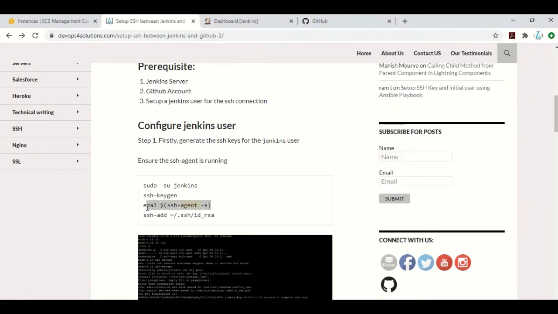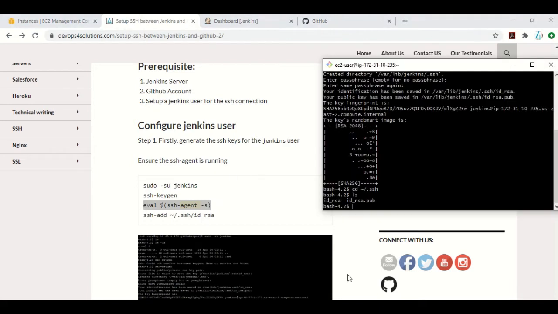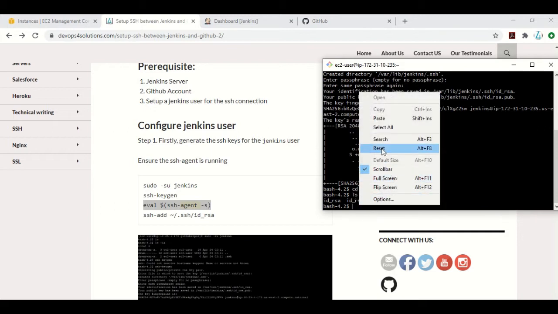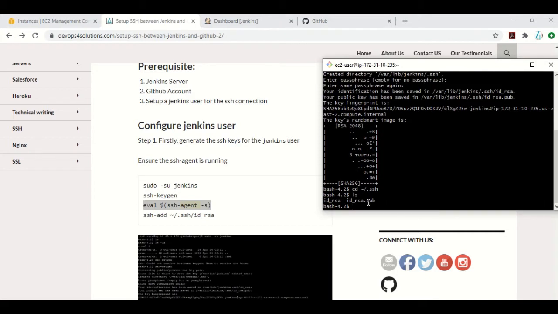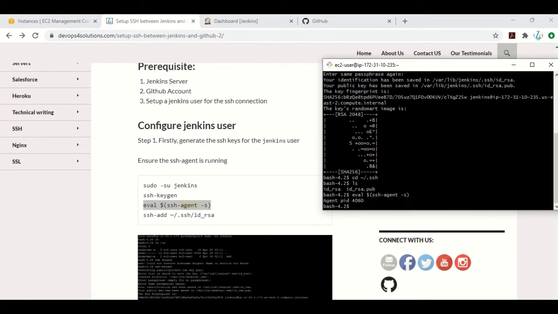Second thing, you have to do the SSH agent. You need to ensure that SSH agent is running. If you don't do that, then you won't be able to connect. You will be getting the permission denied public key error. So this is the step that you have to do. So let me just run this command, eval ssh-agent -s, agent PID.